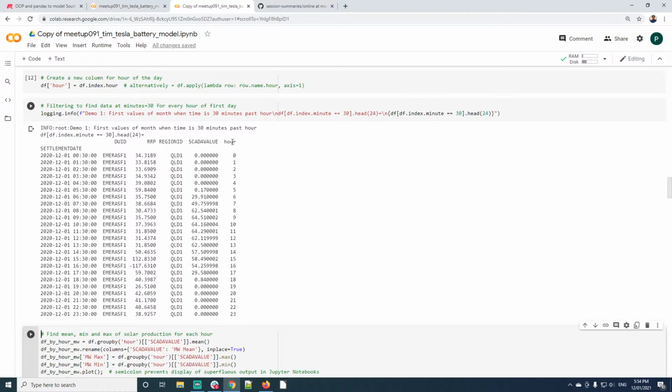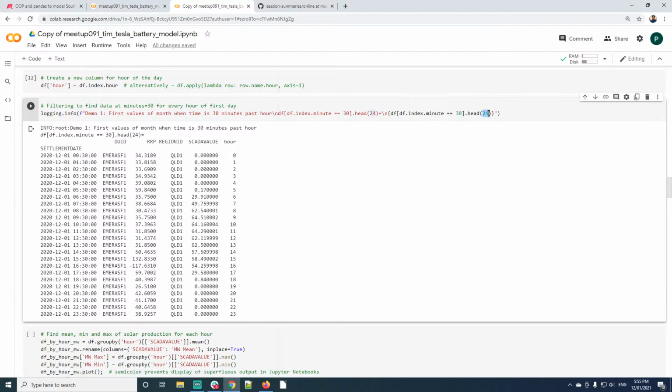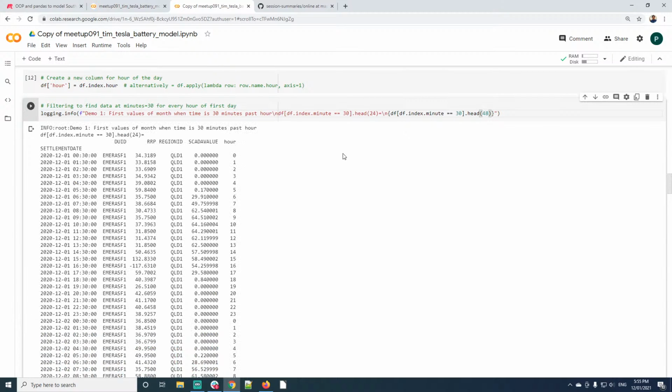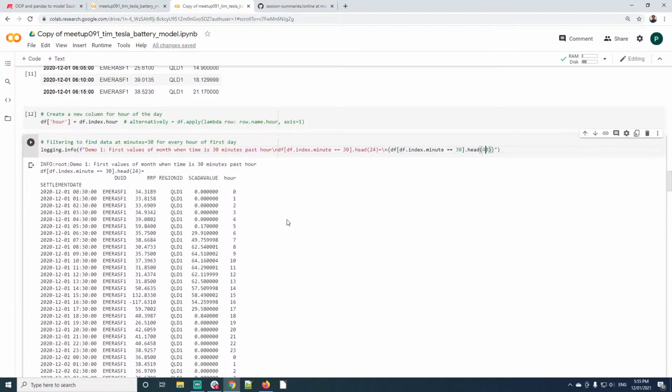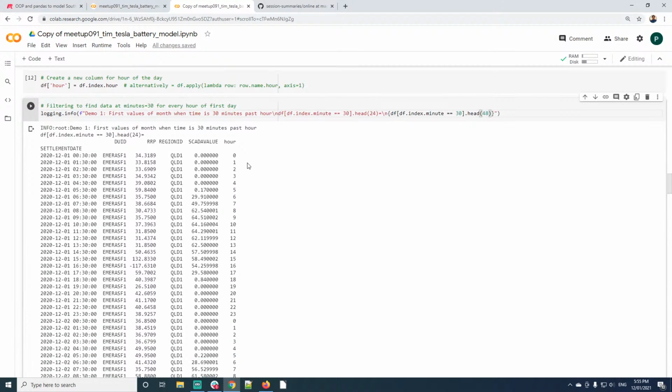And we'll also test that our hour column got calculated correctly. So for this day, it produced the hour 0, then 1, then 2, then 3. So let's put in 48, and we'll see if the hours worked on the second day as well. And yes, they did. 0, 1, 2, 3 up to 23. So that's really useful that we've got an hour column now, because now we can do